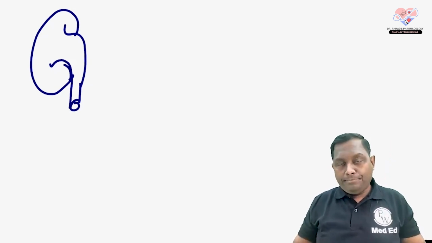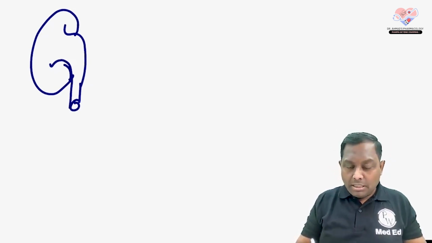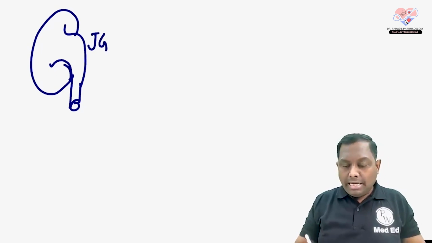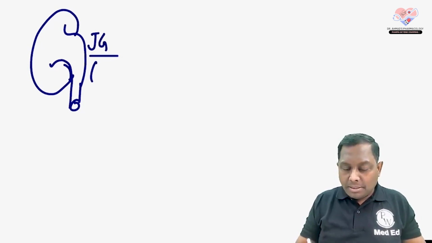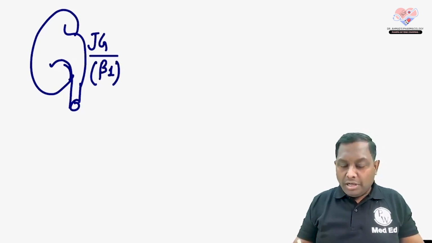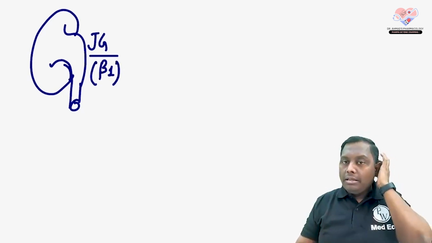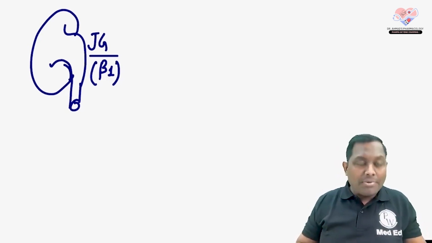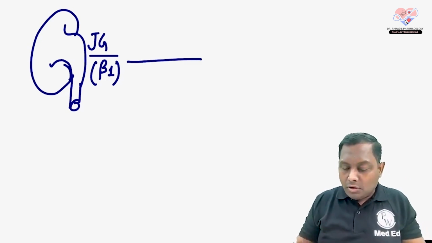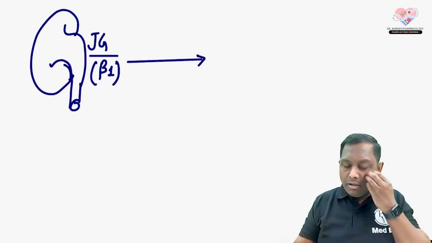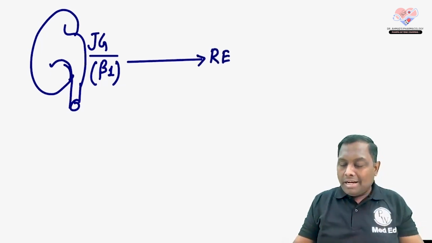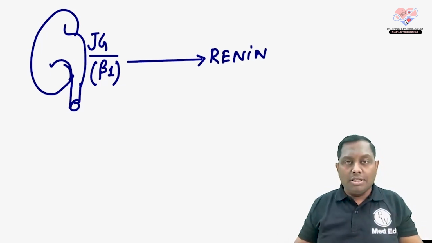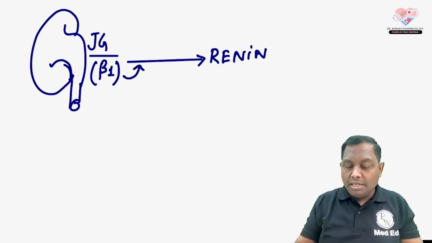from the kidney we have a cell named the juxtaglomerular cell, and on the JG cell we have a receptor called the beta 1 receptor. So whenever there is any fall in pressure, whenever the kidney senses less sugar, less pressure, it causes beta 1 mediated release of renin. Now as soon as renin comes to the circulation,